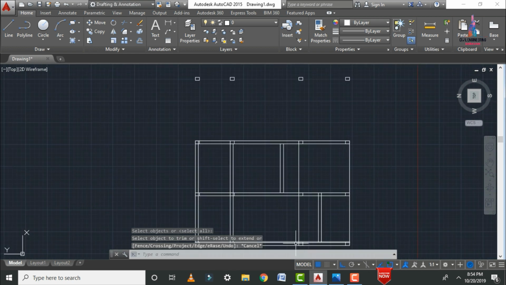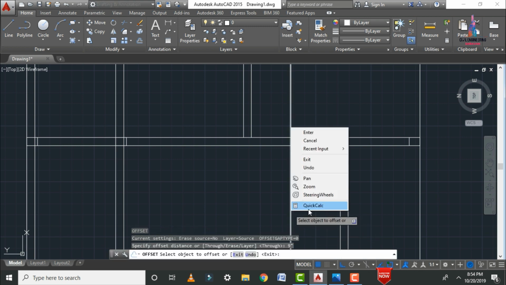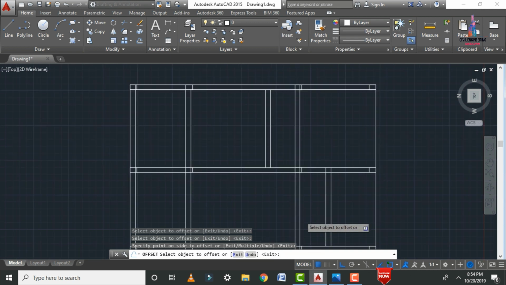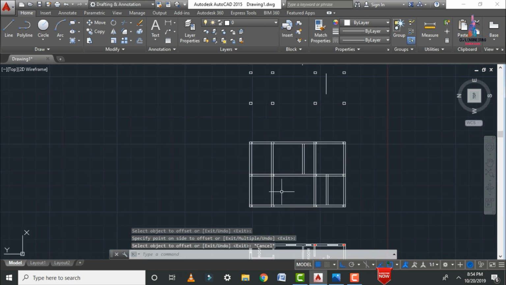Let us consider the starting point, again select the second point. Again in the same process we will apply the 9 inches beam section for this respective object here like this. Okay, so click on the offset command, click on this respective point. Now we can see the beams are drawn here. Again I will apply the 9 inches for this respective section. Okay, so this is the beam layout diagram.